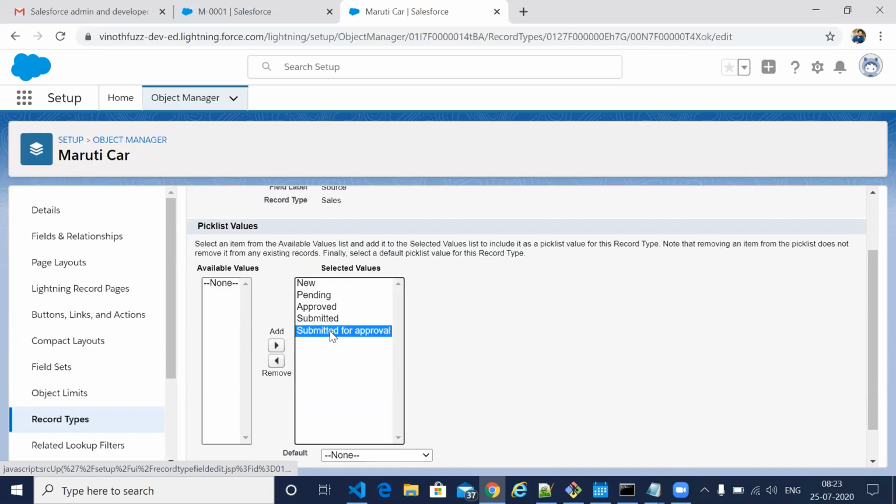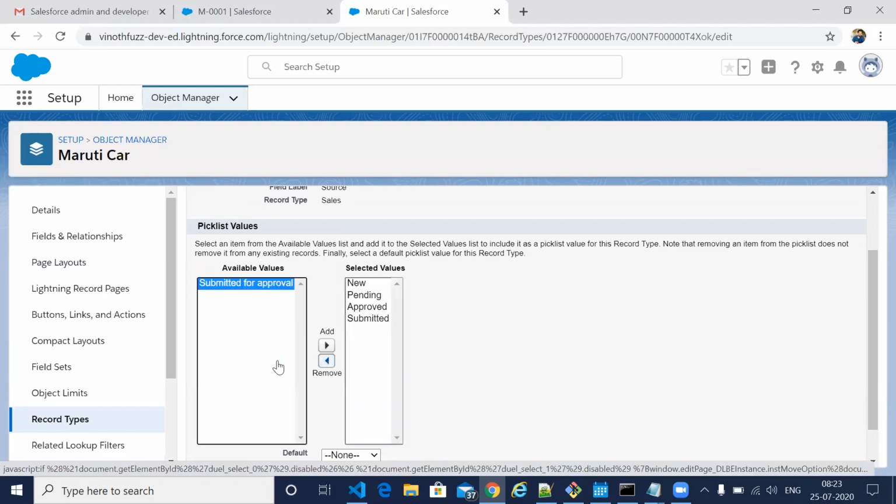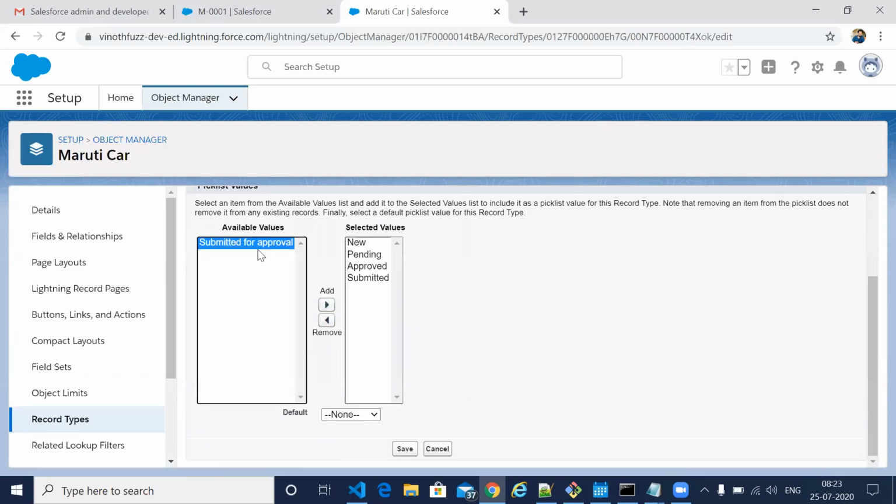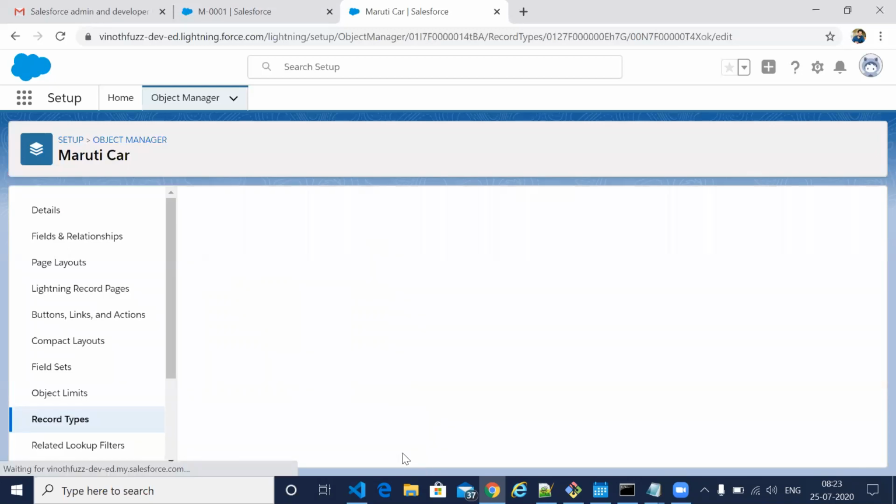Let's say I don't want this value for this particular page layout. I will just inactivate this particular value, and the remaining four values will be there. So I just removed one value from the pick list.